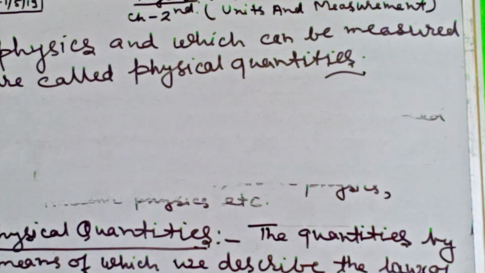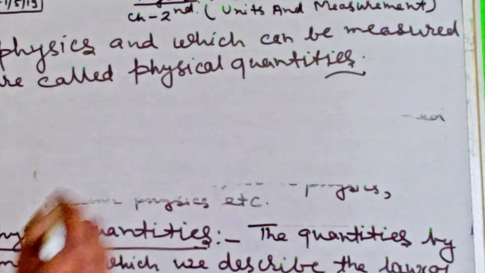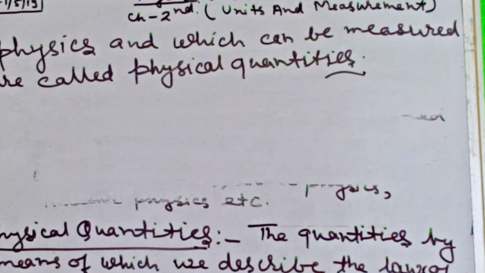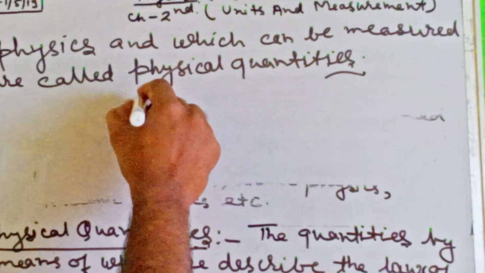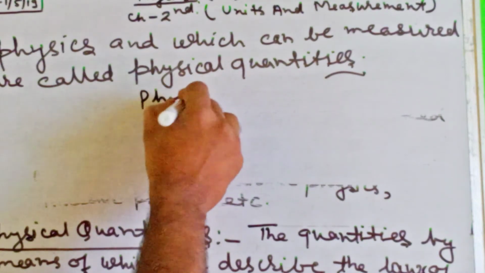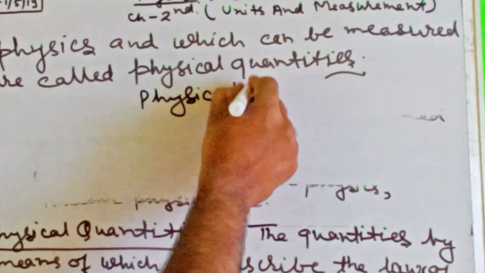Similarly, Ohm's law, Coulomb's law, in all these laws, the laws of physics are applied, and the quantities which are used can be measured in certain units. So those quantities are called physical quantities. Physical quantities can be expressed as